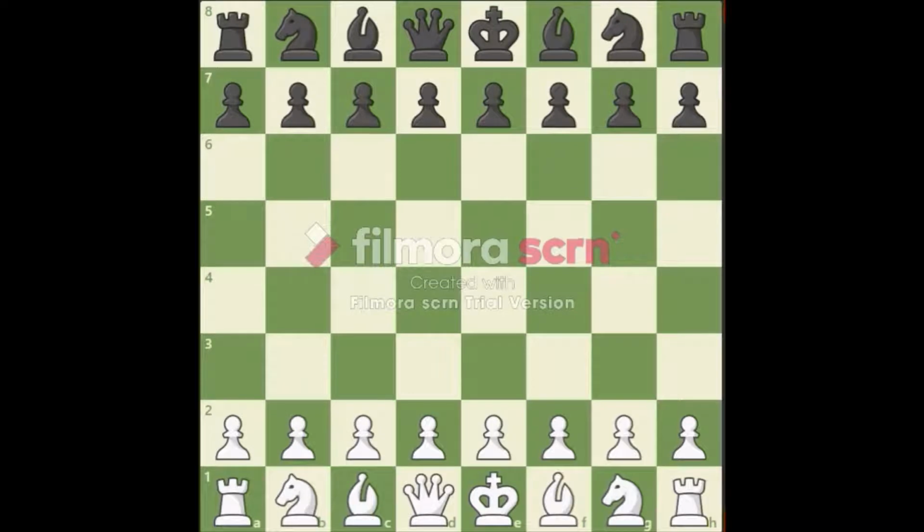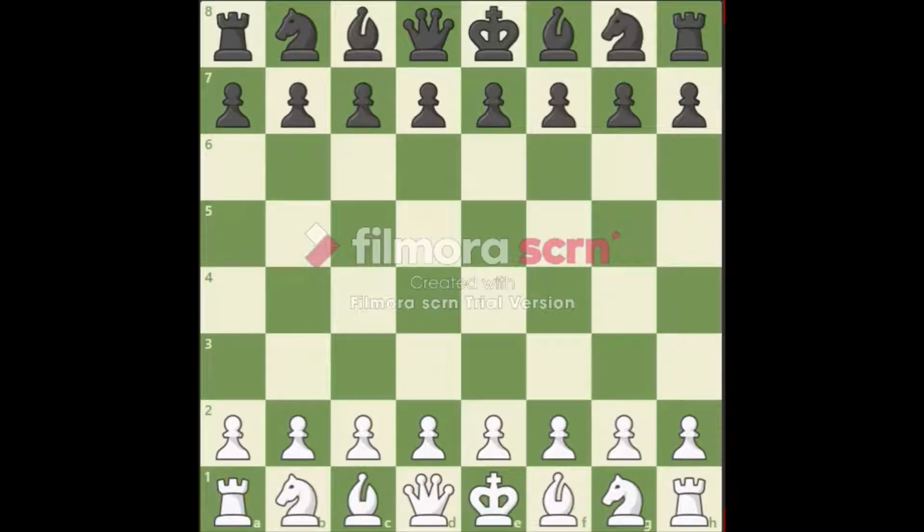In order to get better in chess, you have to learn the notation, which is the language of chess. Every square on the chessboard has a name, which is actually its coordinates. As we mentioned before, each column is called a file and each row is called a rank.